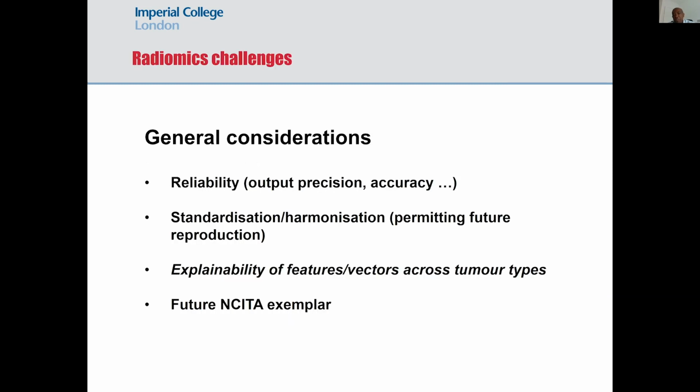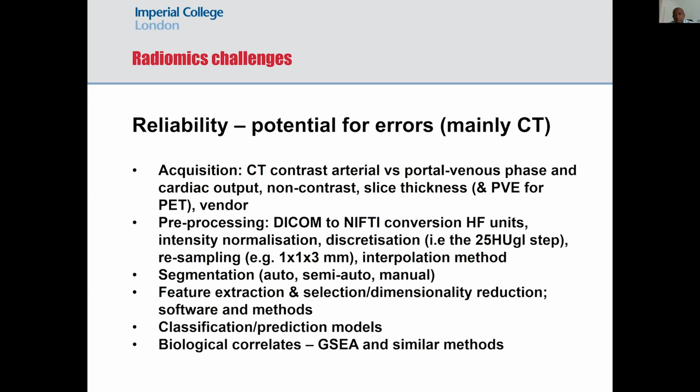General considerations for challenges would be reliability, harmonization, explainability of features or vectors across tumor types, and within specific lineages as well. In terms of reliability, every single step of the pipeline would have some potential for errors, and I've just